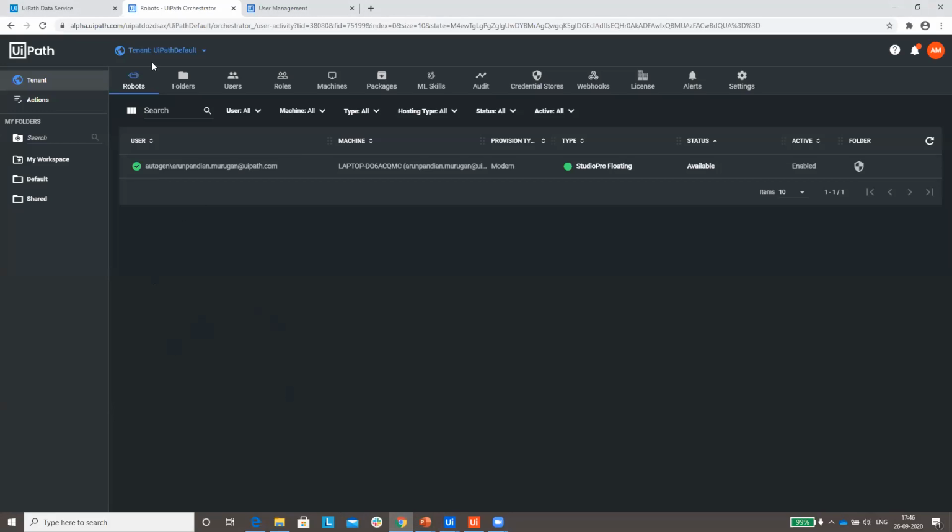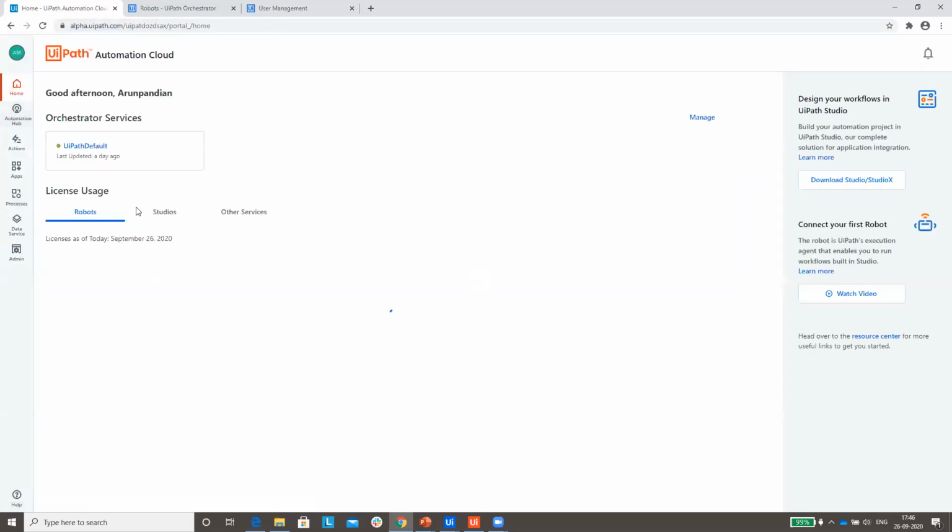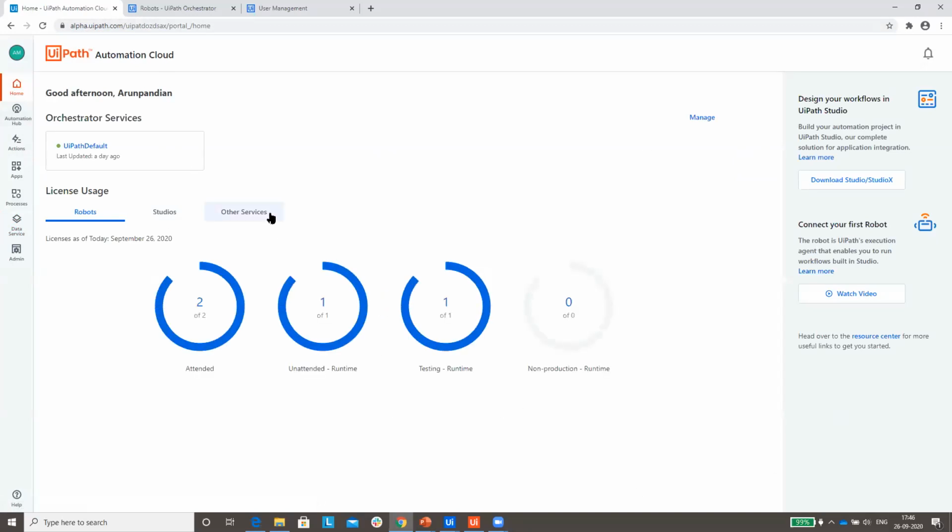First thing, sign in to whatever platform you have, and you will normally find data services. If you are not finding data services, no worries. Just go to the home page, where you normally land, whatever the platform is.